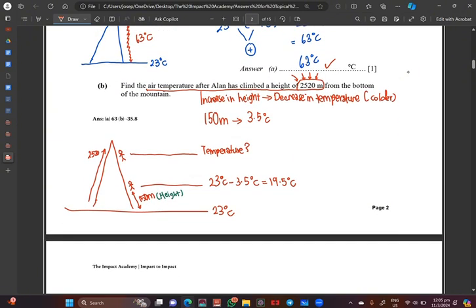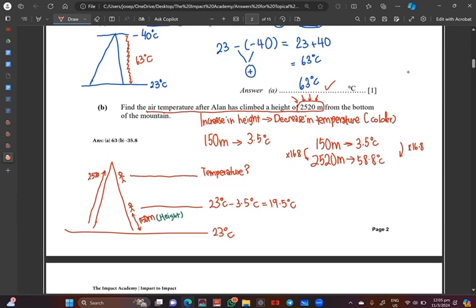So what I want to do is again 150 meters. Since every 150 meters, the temperature will decrease by 3.5 degrees Celsius. So if this person is going to go for 2,520 meters, how much will the temperature decrease by? That's what they are trying to tell. So you do 2520 divided by 150 first, and over here, you times 16.8. When I do something to the left, I must do something to the right. So 3.5 times 16.8, I get to an answer of